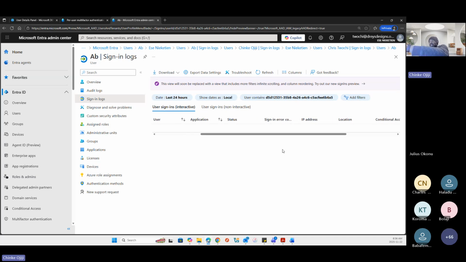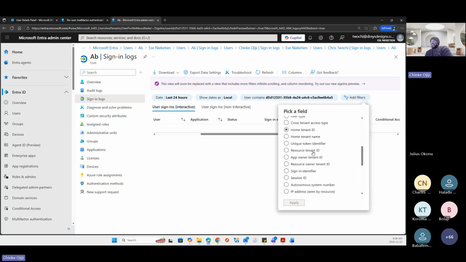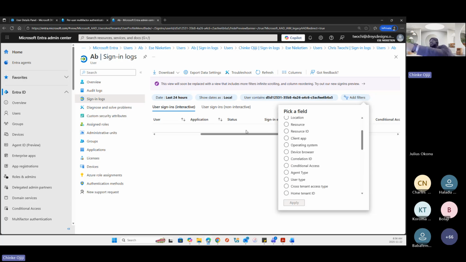So as you're scrolling, you're looking at IP address, you're looking at location, you're looking at status. Those are the 3 main ones, but there are other filters here which you can use. You can put operating system. The IP address can never be the same, first things first, right? But okay, let's say you are thinking, oh, maybe the person is using a different internet provider or something that's giving it a different IP address.